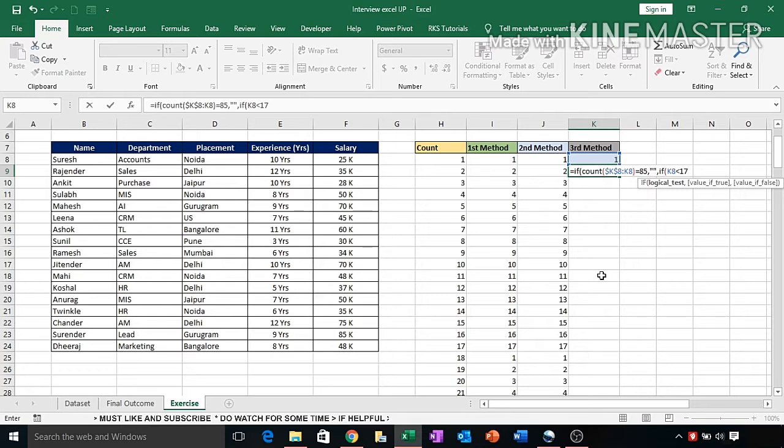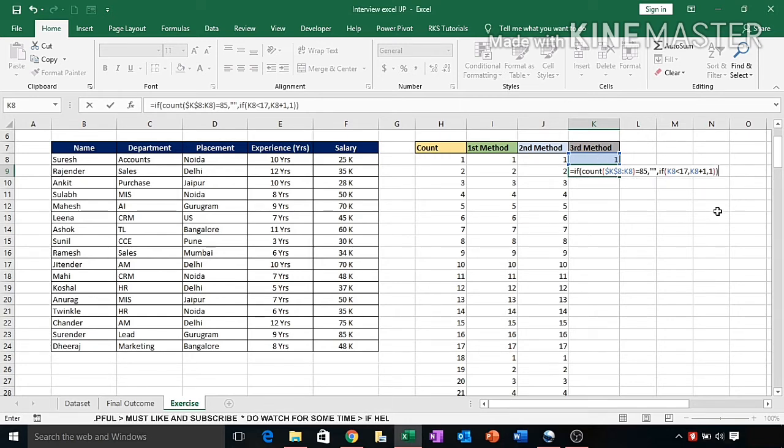So if these numbers are less than 17, then insert this number, meaning this cell value plus 1. It means if the upper cell number is less than 17, then it keeps on adding 1 to it, and if it completes the 17, then it will start with the 1